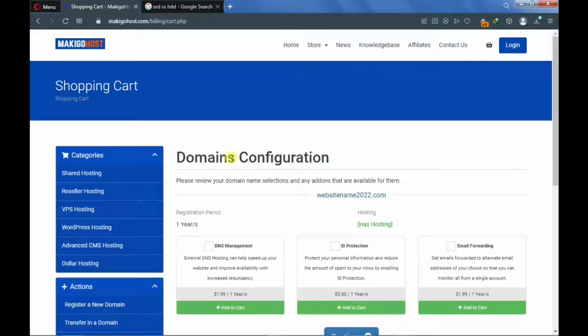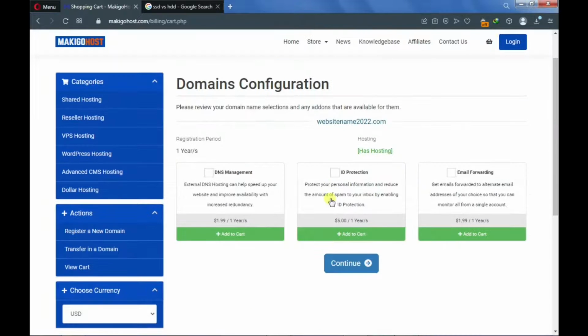Perfect. Now we're on the domain configuration page. Now this is where you choose your domain add-ons. First one is DNS management, the second one is ID protection, and the last one is email forwarding. Now if you have the money, please, I will recommend ID protection because it's going to protect your own data